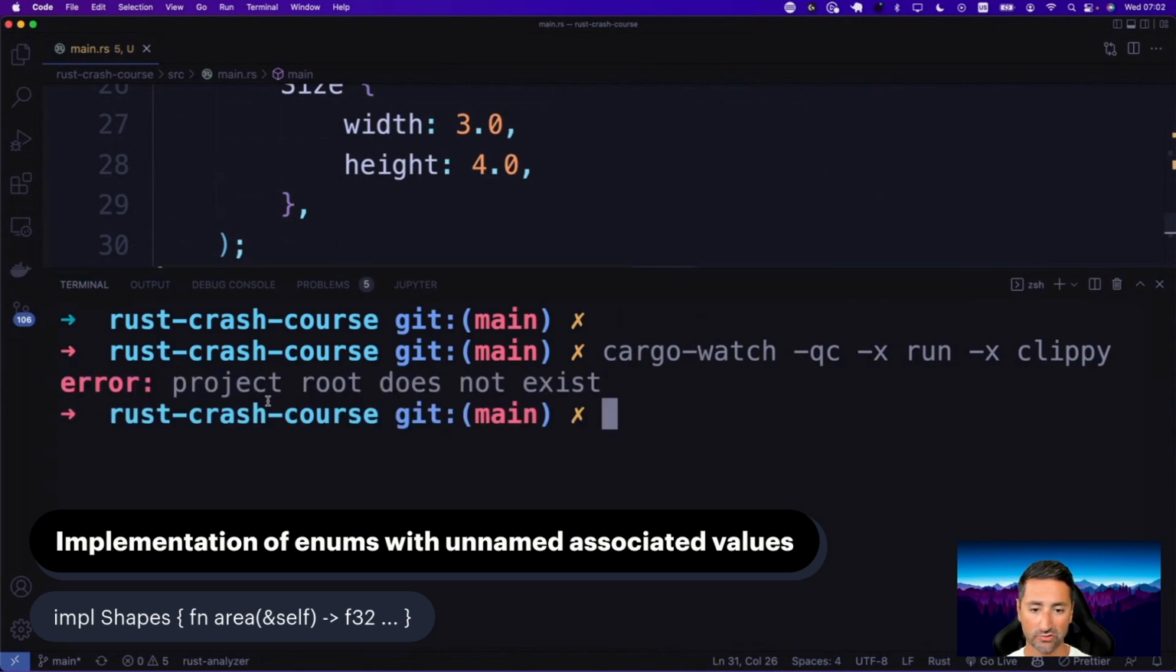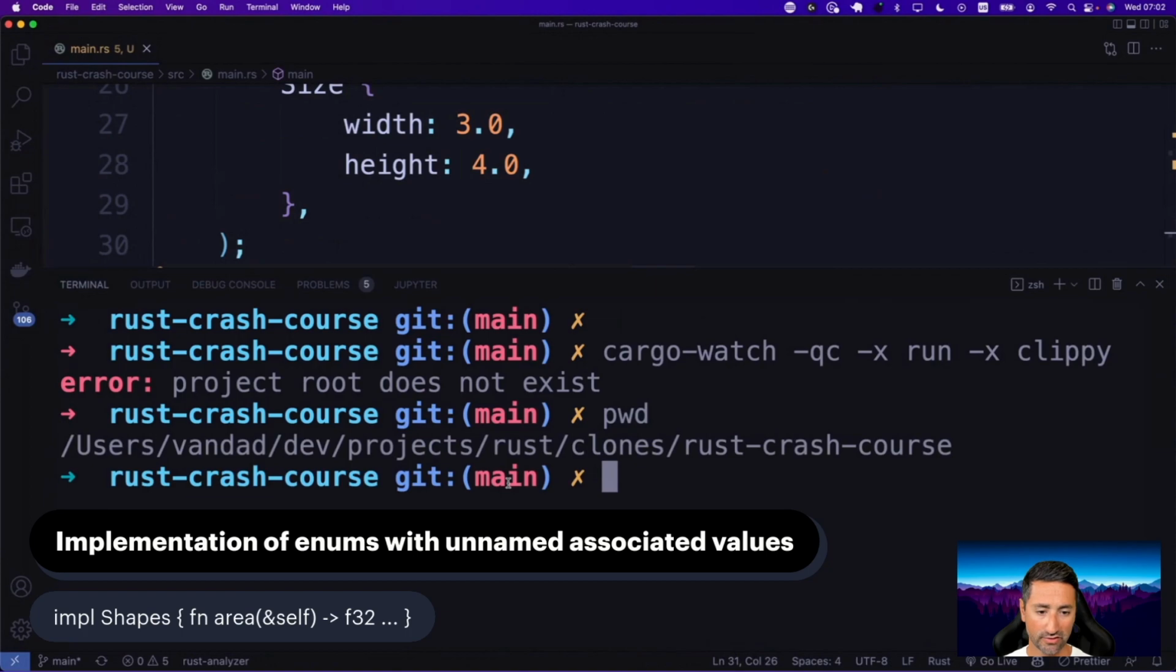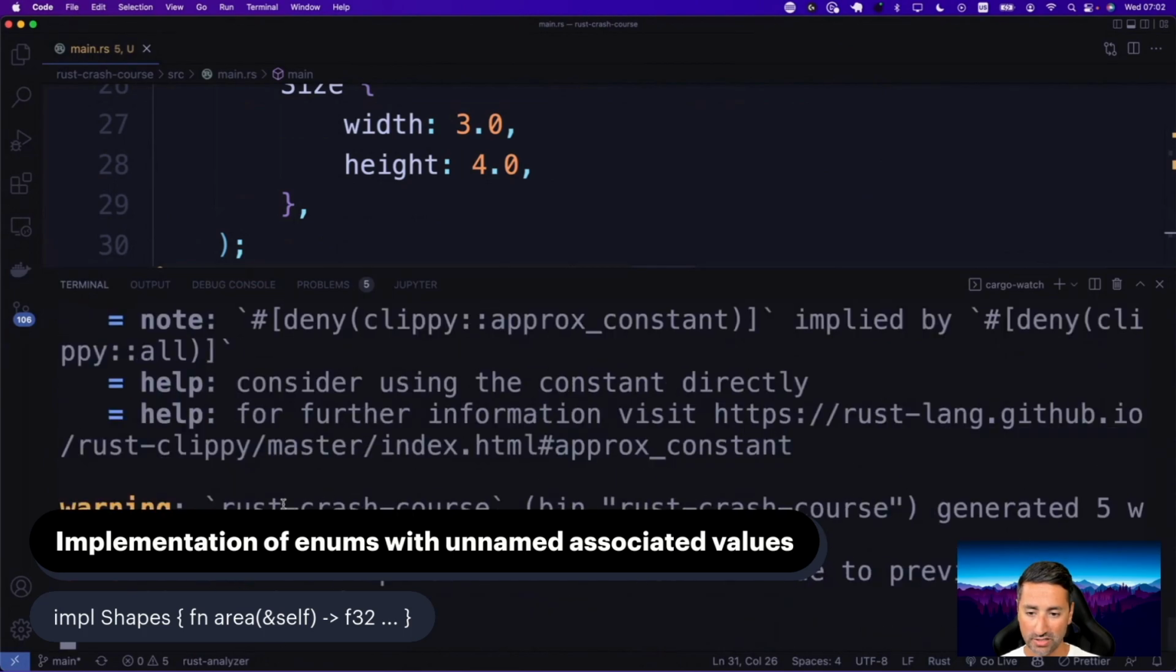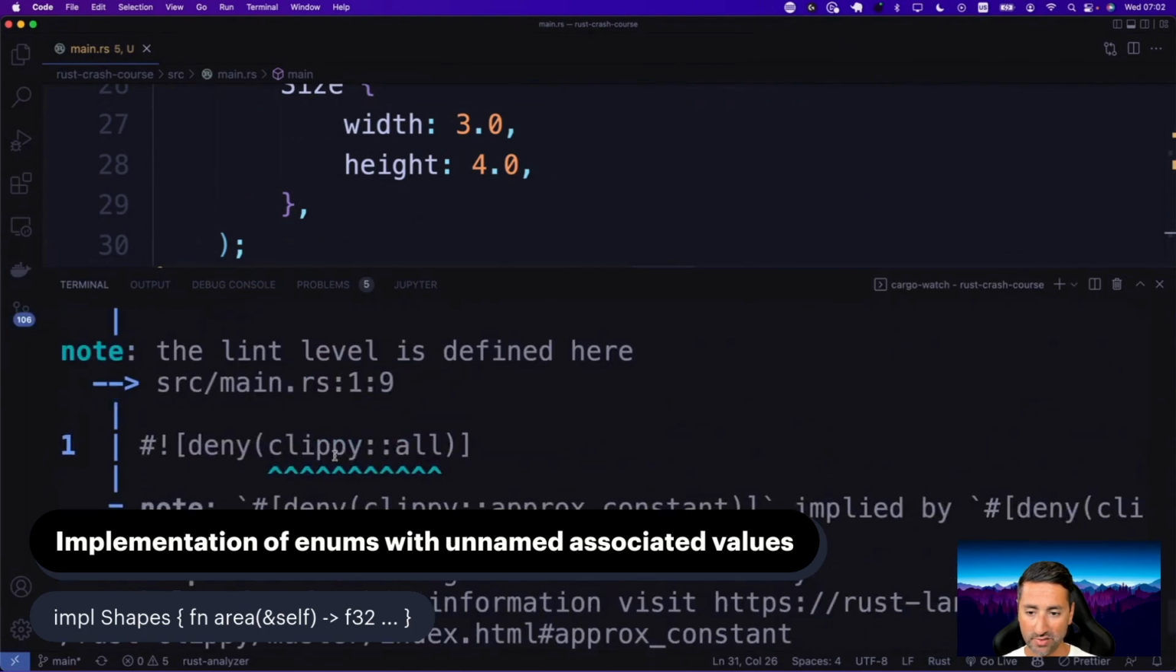Cargo watch, project root does not exist, pwd. We're in Rust crash course. Let's go to Rust crash course again in here and run our cargo watch. Okay, so how many errors do we have? Clippy all,